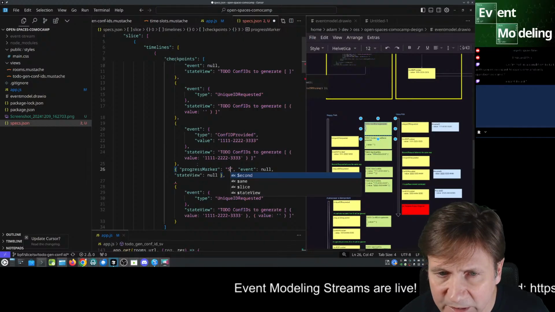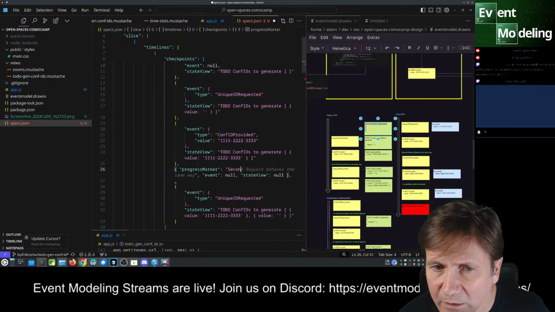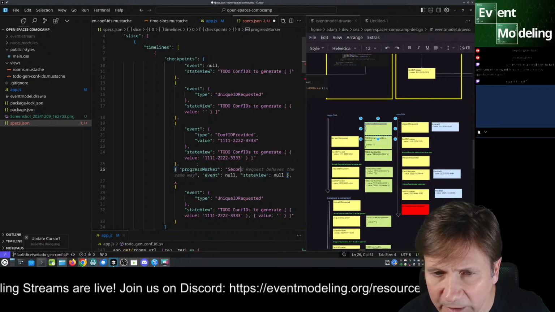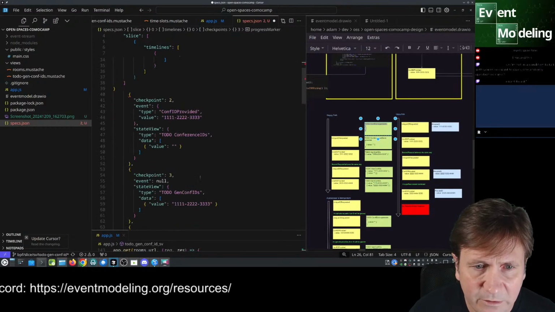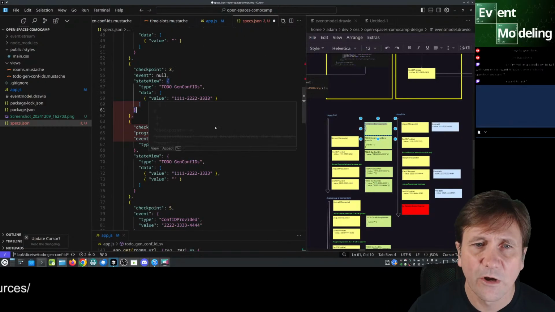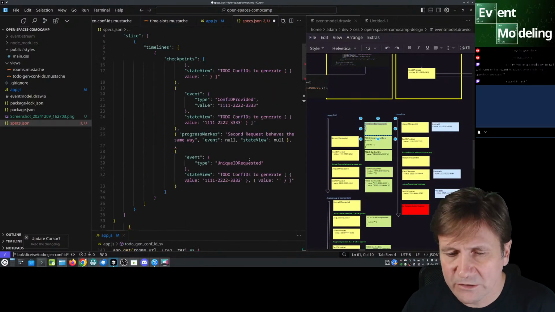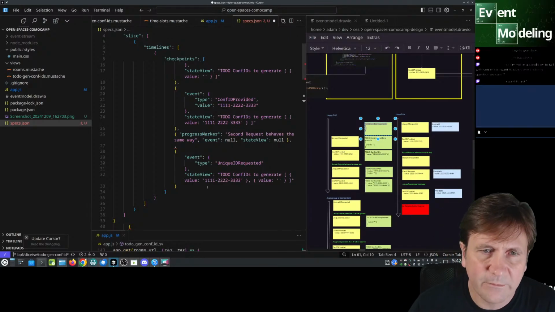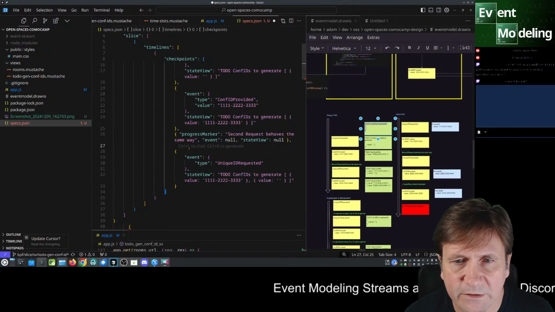So, second. Okay, second request behaves the same way. Where did I get that? Or is it the same thing here? Did it put it in here? Oh yeah, it's probably this. Okay, so it's getting this from here, which is fine. Okay, that solves it. So we did actually paste in the rest of this. Okay, it's not as smart as I thought. So that's good.